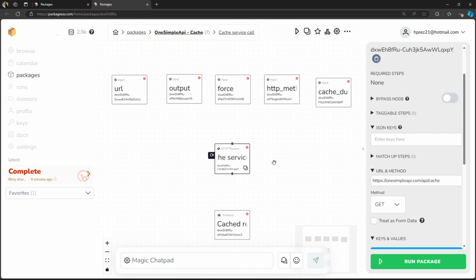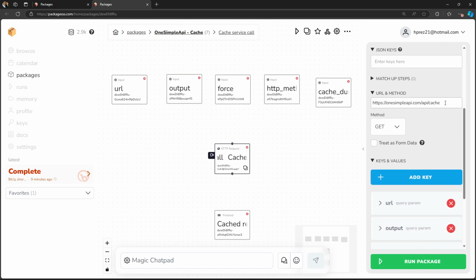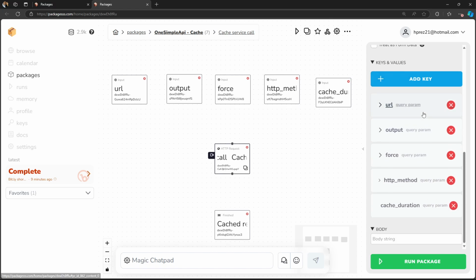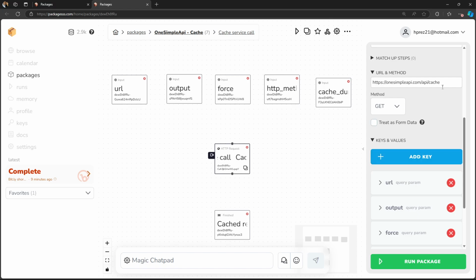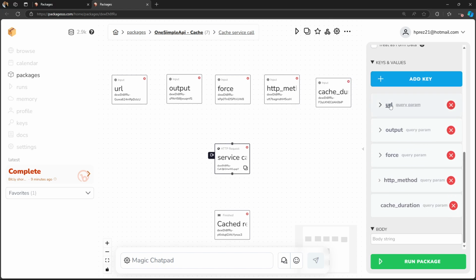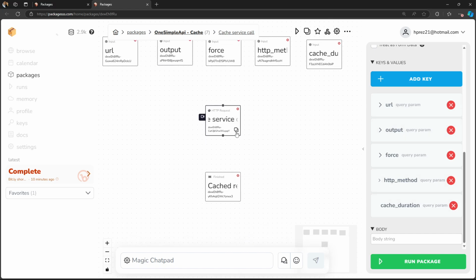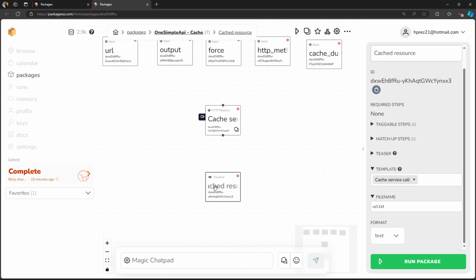We have an HTTP request node, which makes a call to the endpoint, the cache service endpoint. We use a get method and we specify all the different inputs as part of the URL that we are going to pass to the service. Each one is bound to a different input data. And finally, after we make a call with these parameters, we call the finished node,